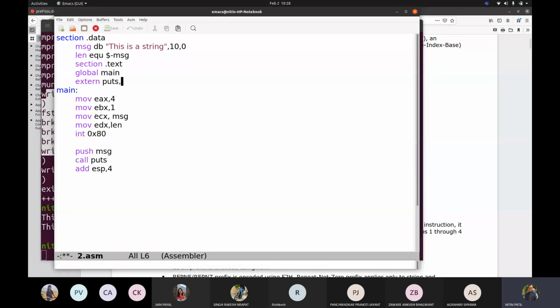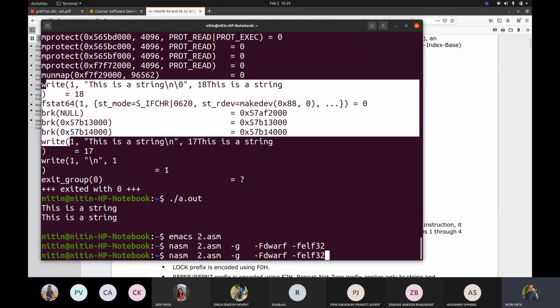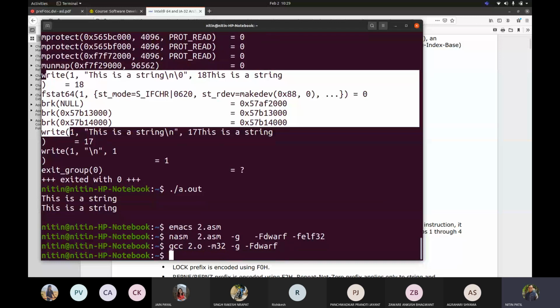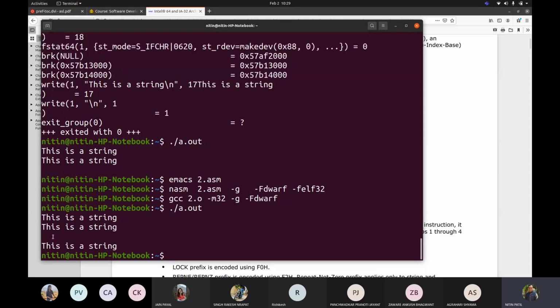Let me write here printf: push msg, call printf, add esp, 4. Now let us try and execute this with gcc. Now if you see what happened, the extra slash n that was taken earlier is not added here, correct? So it automatically took it.